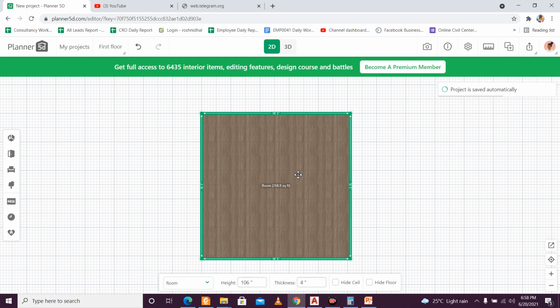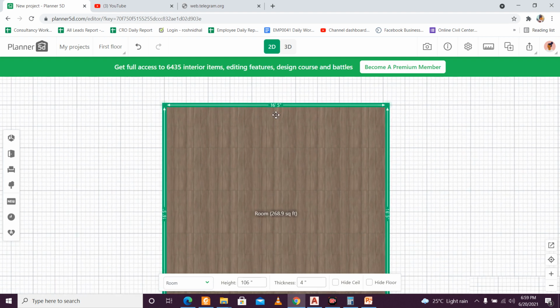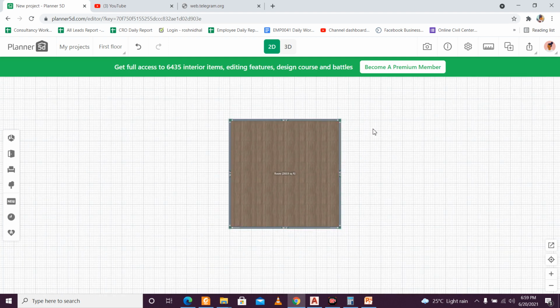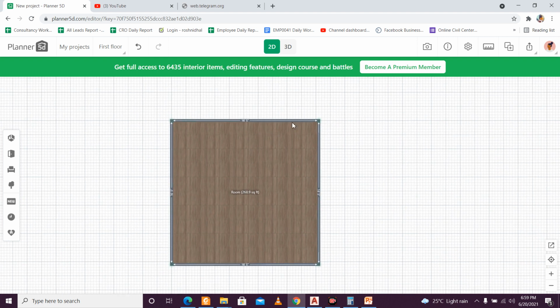I'm going to take a precise area, a north facing plan of around 924 square feet, and the sizes will be 28 feet by 36 feet 8 inches. So this will be my defined size, suppose, because most of the times in planning we have a defined size. So let's see if we can define a proper size for this, and then if we can proceed further. I'm also using this software for the first time, so let's see.